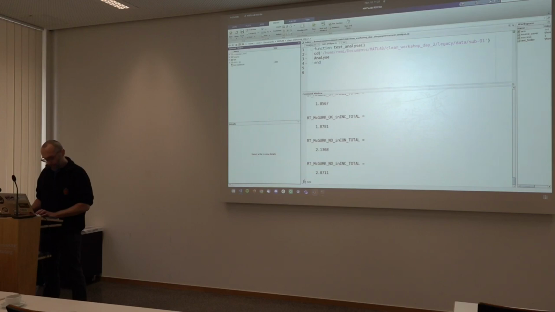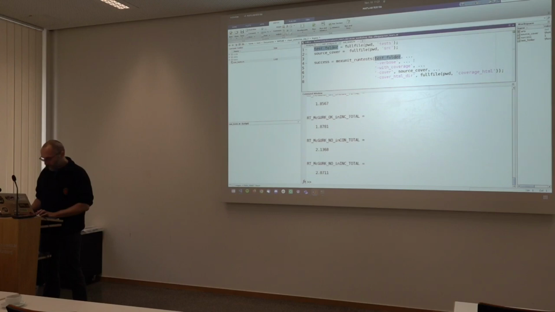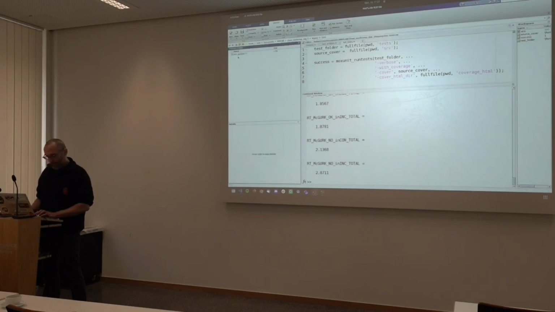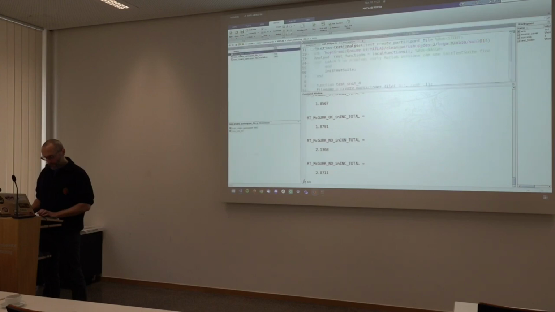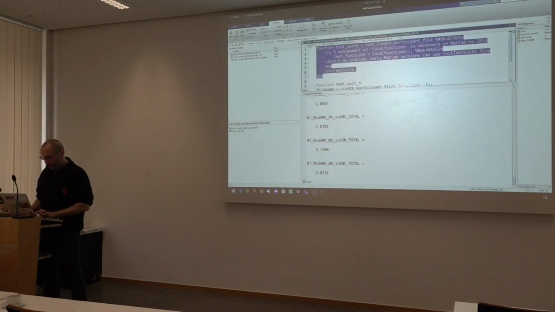Just like before, we're going to create a run test function. Let's just be lazy for now and reuse this one. So things should be pretty much the same here because we have the same folder name. All the tests are in here. Source is in here. We'll get a coverage report as well. This is kind of nice. The thing we need to do, though, is we need to make sure this is structured as a MUX unit test. So let's just grab the top function heading from there.